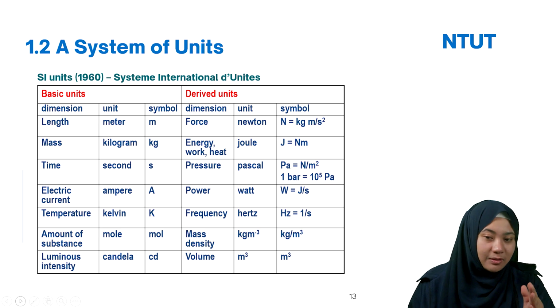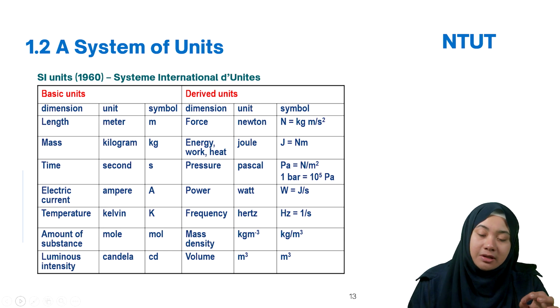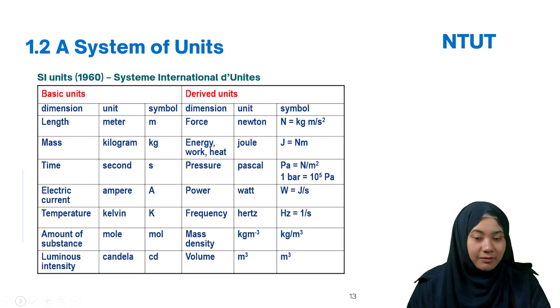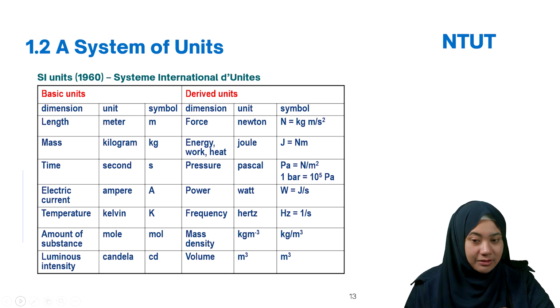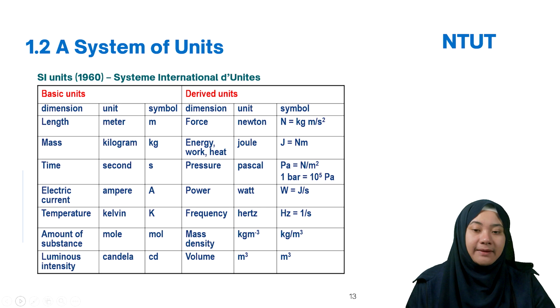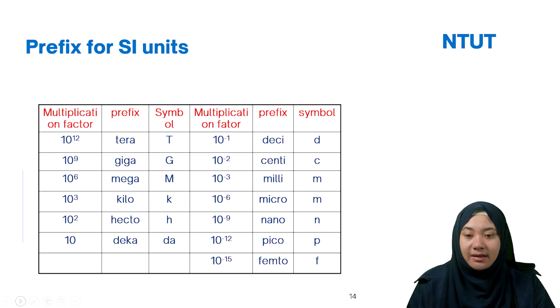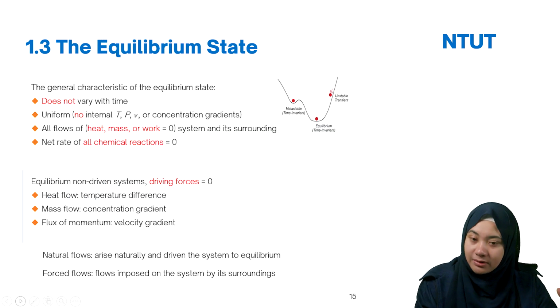So make sure to write the units clearly. When you solve the problems, you need to define the unit in each concept. For example, which unit you use. If SI, then it should be consistent in SI. If you use British, then use British. Another thing, just to recall for the SI units, you have tera, giga, and so on. I believe you already know about the prefixes for the SI units. But please remember, write the units clearly. And we go to the equilibrium state.